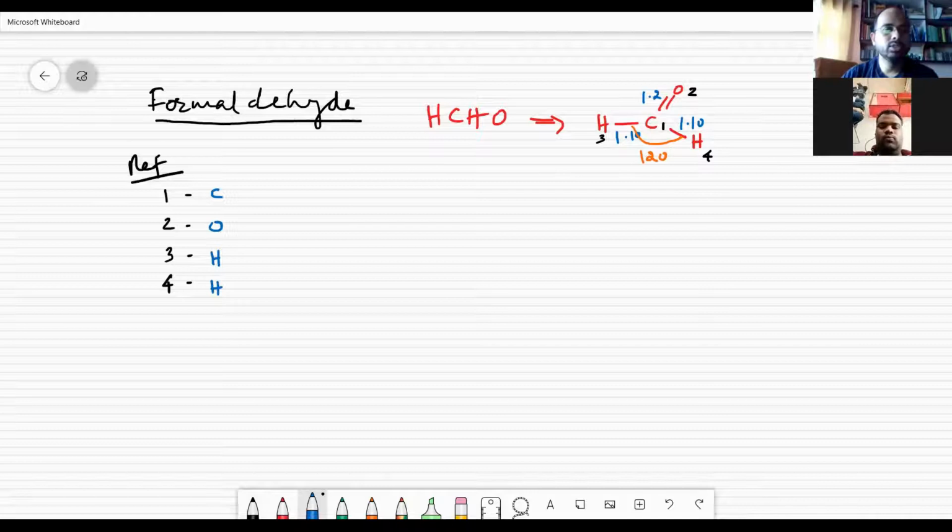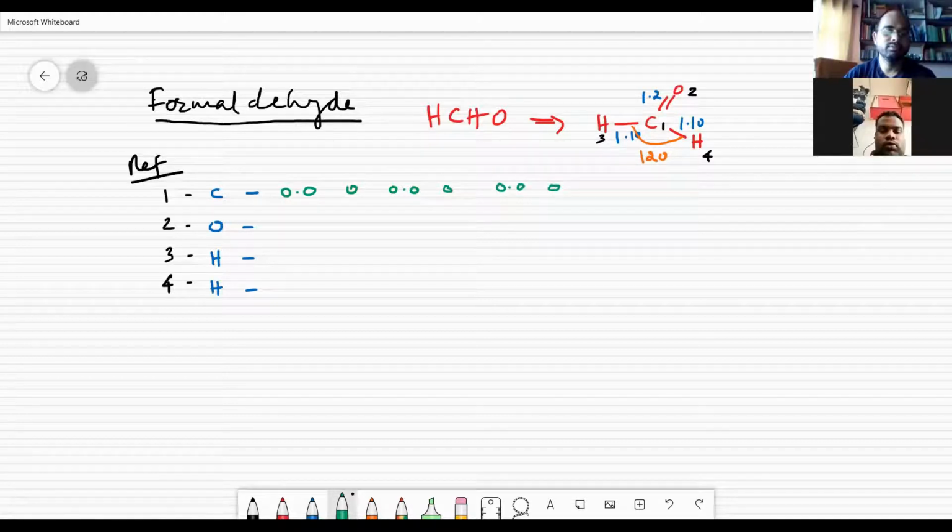Right? So now you have the options of writing the bond length, bond angle, and dihedral angle. For the first atom, it is 0.0 from origin, bond angle 0.0, dihedral angle 0.0. Then carbon atom 1 is connected to oxygen atom 2 by about 1.2 angstrom units.